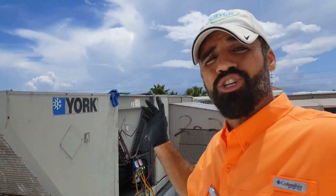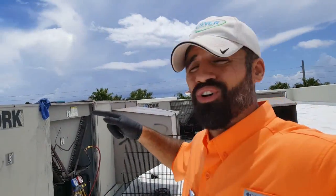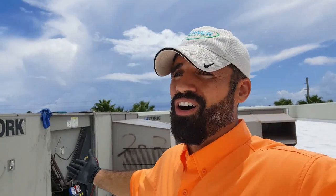versus a company coming out and saying, you know what, your coil is in really bad shape, there's nothing else we can do. It's impacted, of course, but they're going to say either you're going to have to replace it, or change out the unit, or they might say it's an obsolete unit, obsolete coil, they don't have it no more, and it's R22, they don't make it no more, so you're going to have to change it. Good way, don't get me wrong, of making money, but